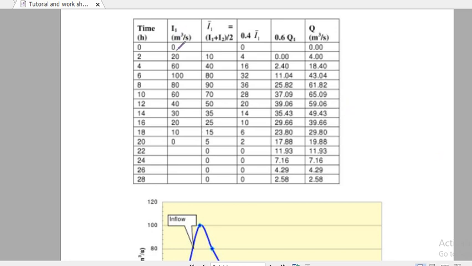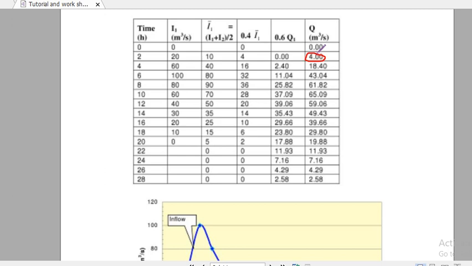Then I1 is equal to 0, I bar is equal to the summation of two consecutive inflows over 2. Then 0.4 I bar plus 0.6 q1 is equal to this value. It is similar to example 3. Then we can compute like that: 10 times 0.4 is 4, plus 0 times 0.6 is 0, then sum up this gives us